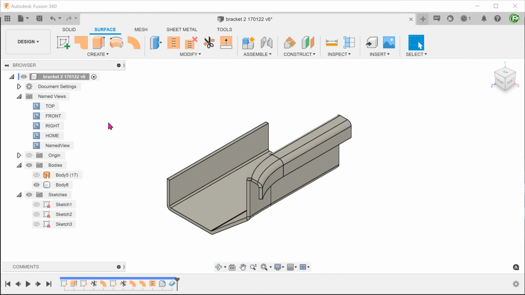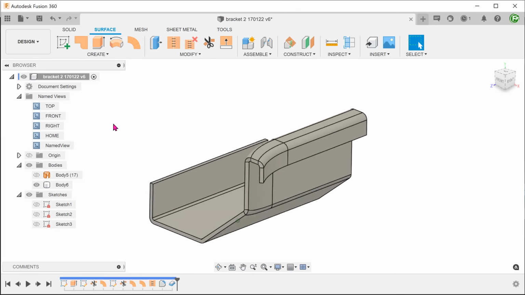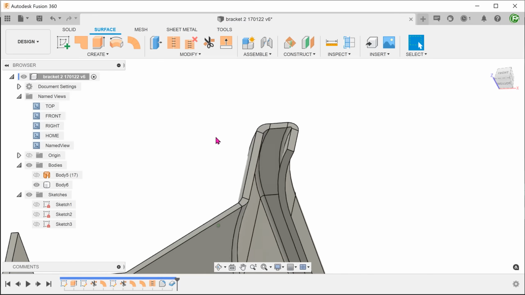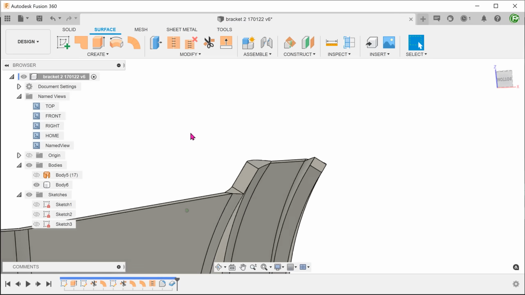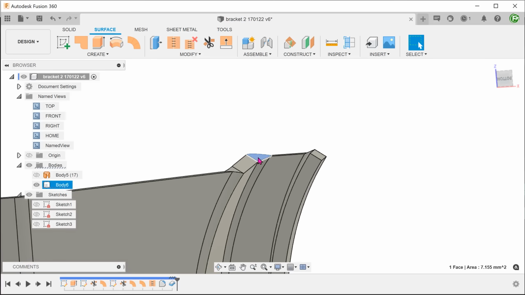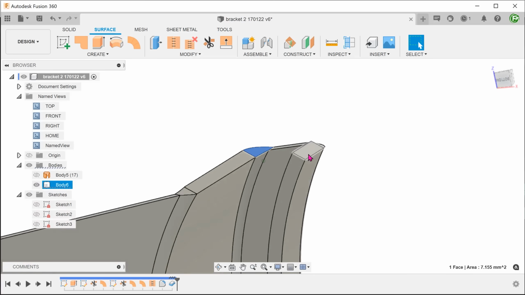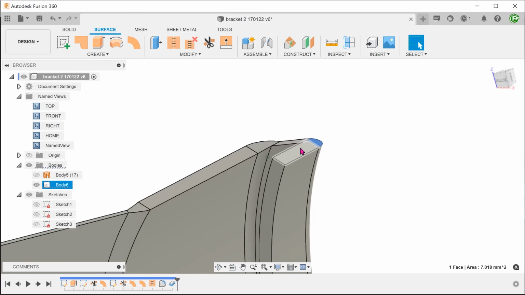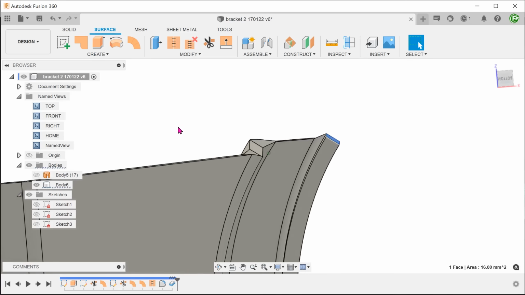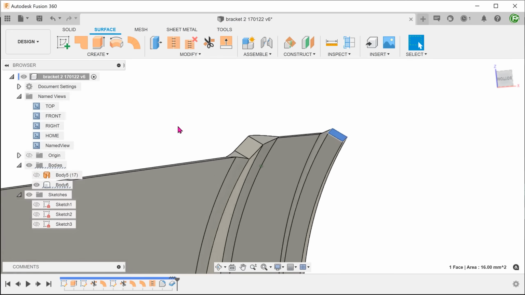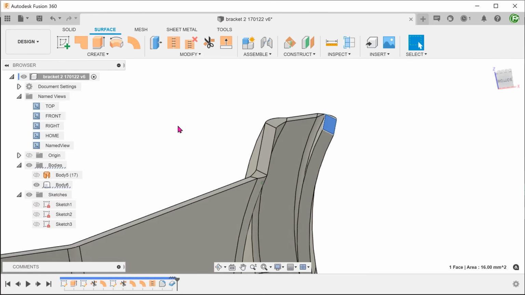One disadvantage of this workflow is that the body is thickened in a direction normal to the original surface. Since this surface is curved, we are unable to achieve a flat face here. One way of resolving this is to use the Replace Face command.